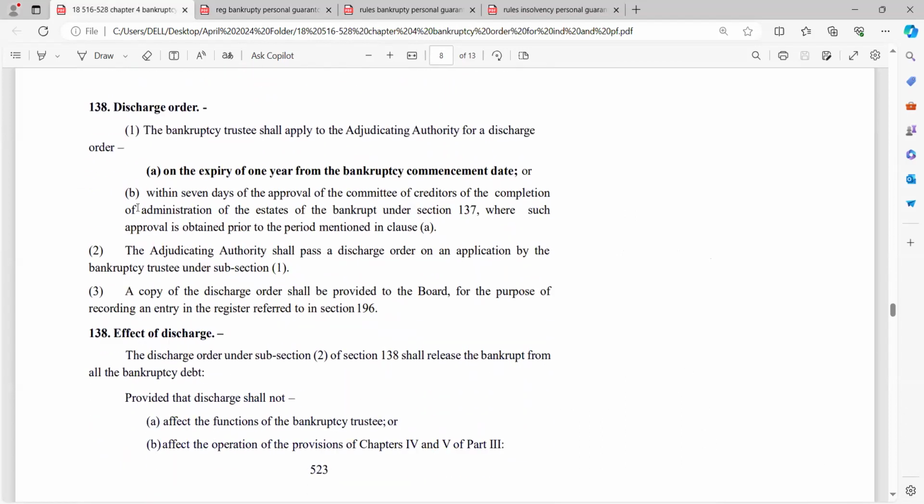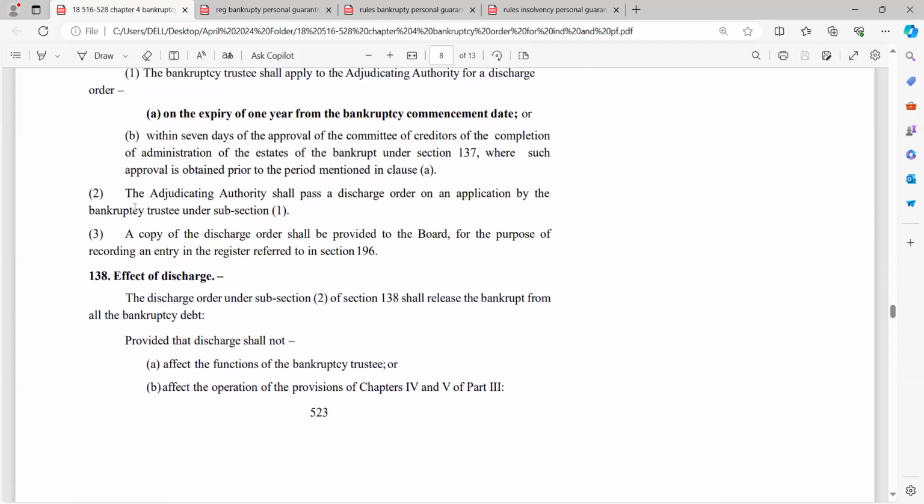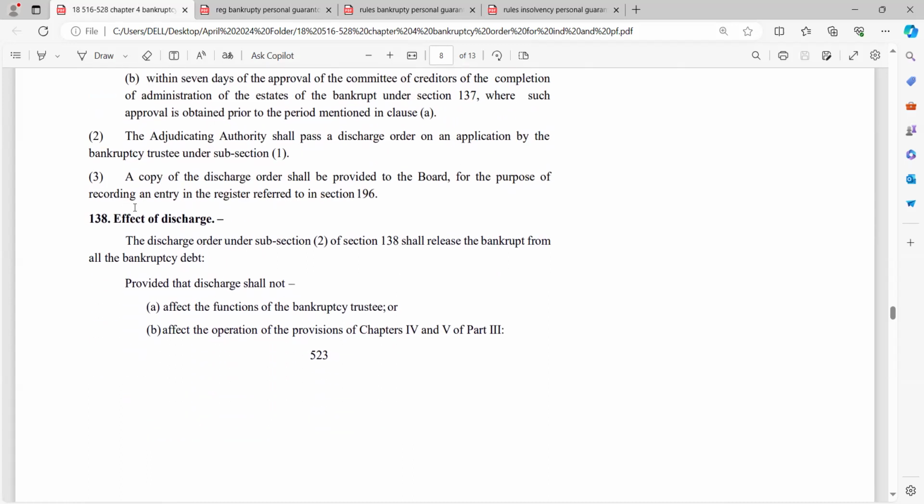138 बोलता है डिस्चार्ज ऑर्डर। The bankruptcy trustee shall apply to the adjudicating authority for a discharge order on the expiry of 1 year from the bankruptcy commencement date or within 7 days of the approval of the committee of creditors of the completion of administration, where such approval is obtained prior to the period mentioned in clause। ठीक है, या तो 1 year या फिर अगर पहले हो जाए तो पहले। The adjudicating authority shall pass a discharge order on an application by the bankruptcy trustee. A copy of the discharge order shall be provided to the board for the purpose of recording and entry।